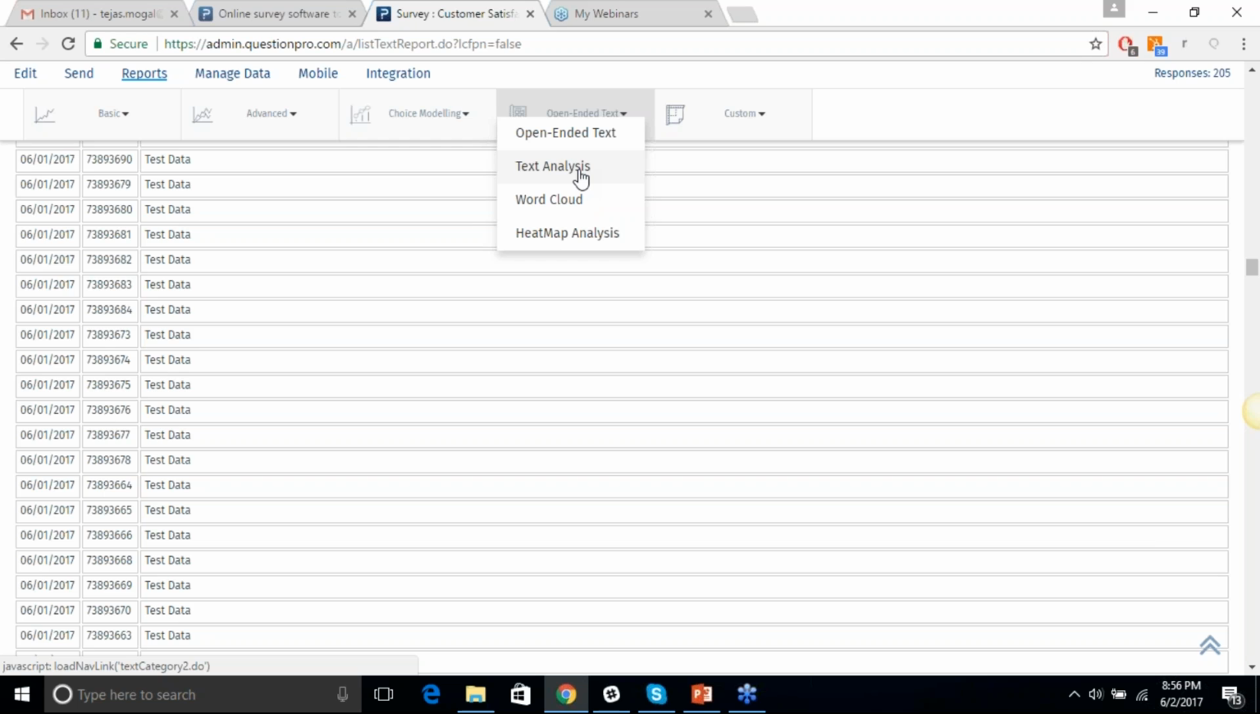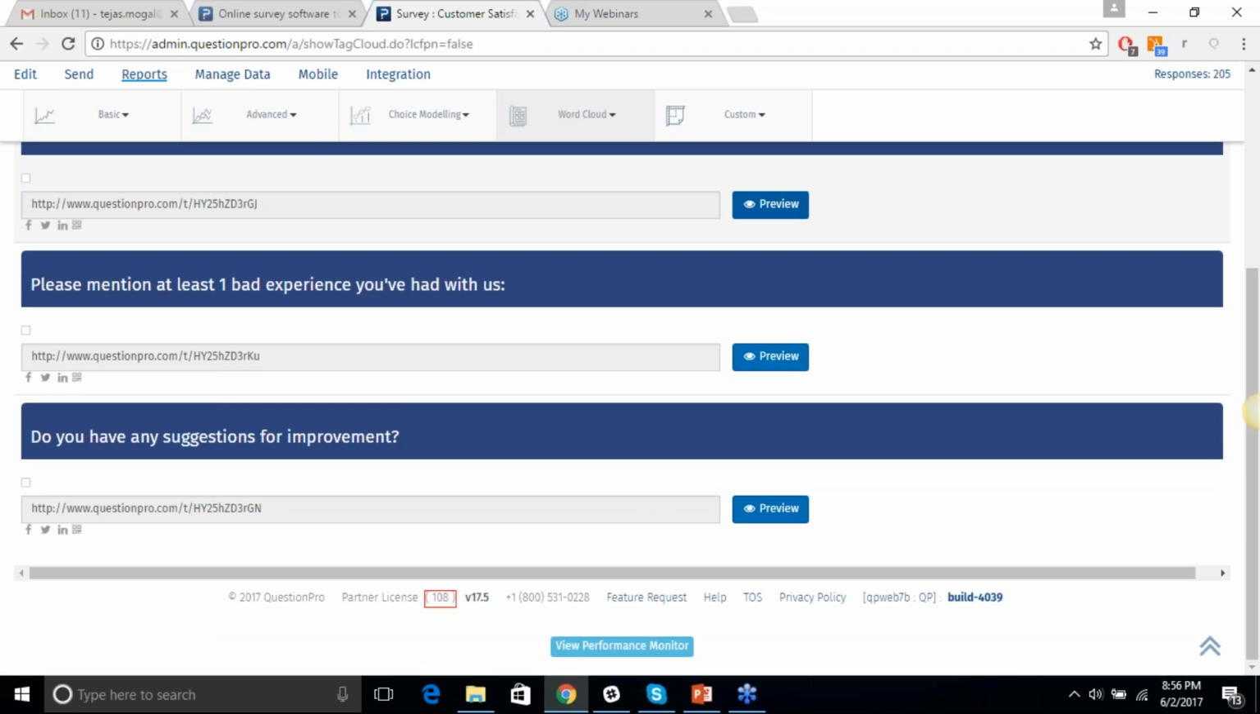So you can find how many people are highly satisfied with a positive sentiment. Like you can find the people with positive sentiment, and this is where text analysis is used. Then we have word cloud. So word cloud is nothing but